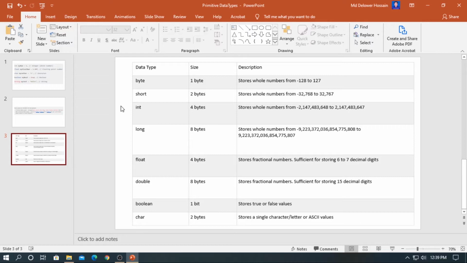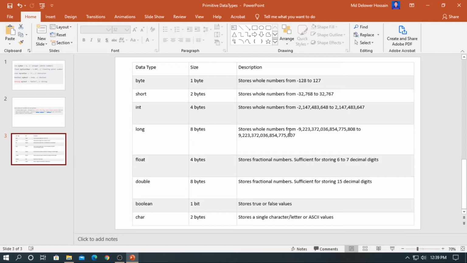Integer, size 4 bytes, stores whole numbers from -2,147,483,648 to 2,147,483,647. Long, size 8 bytes, stores whole numbers from a very big negative to a very big positive number.